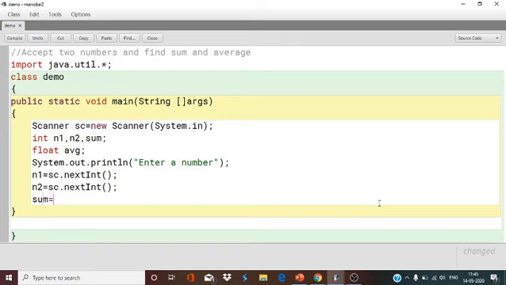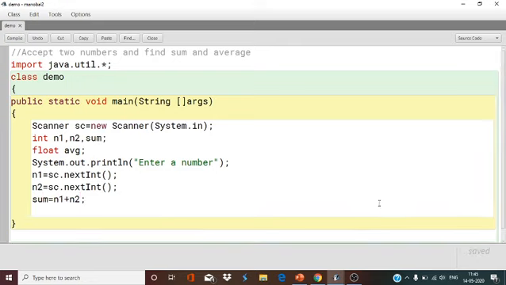sum equals n1 plus n2, average equals... explicit conversion is required here, (float) sum divided by 2. Why?